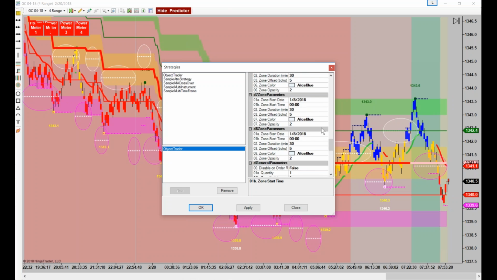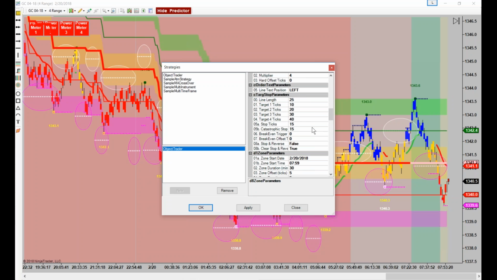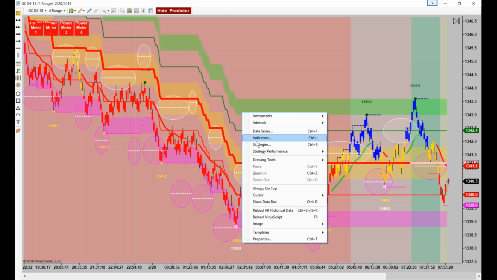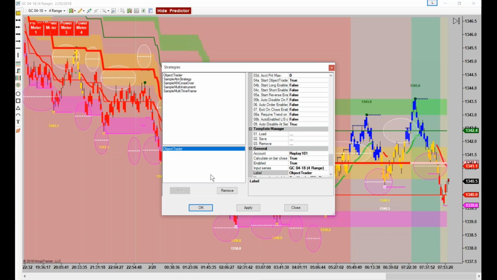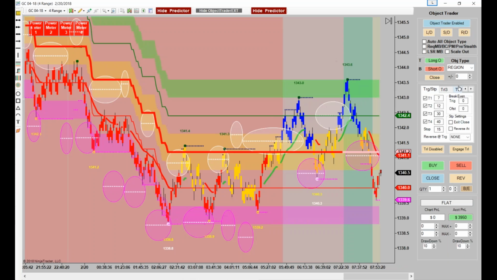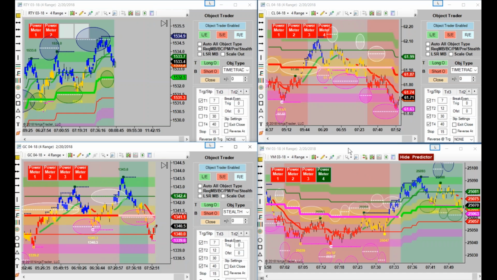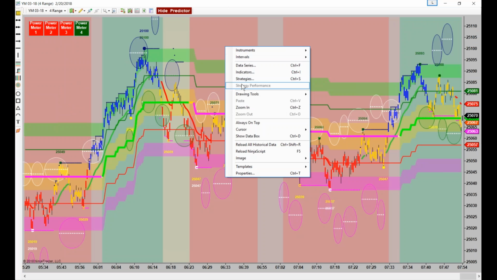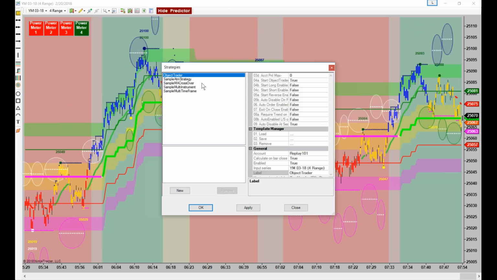And then we want to do the 7 and 12 again. Whoop, got to turn it on. And then we turn it on, Time Trader, three contracts. And then we've got one chart to go, don't we? So this takes a minute, but it's not that difficult at all.